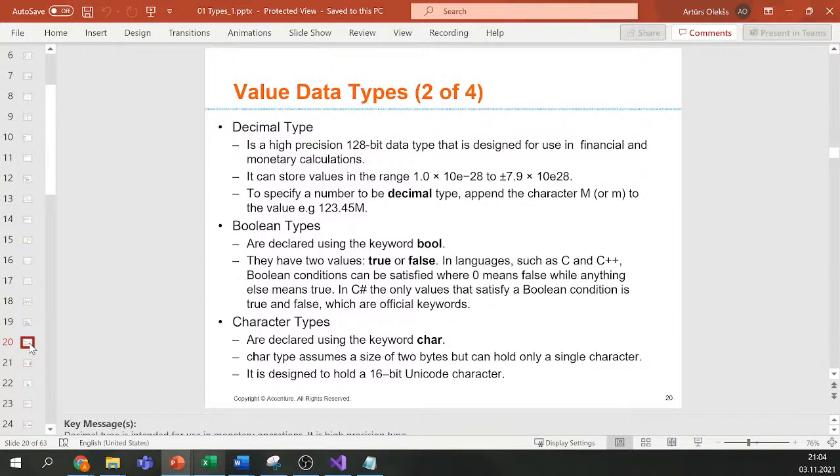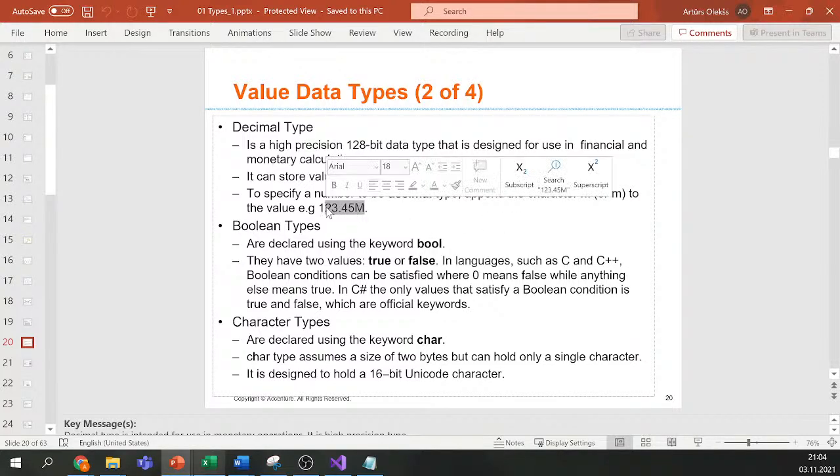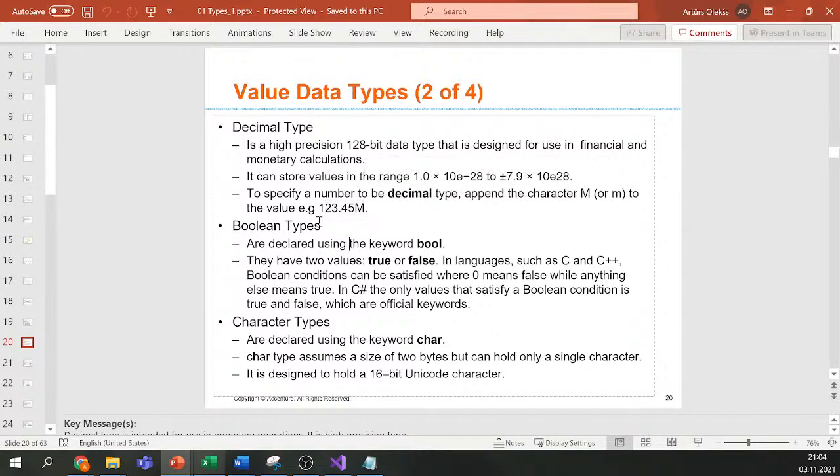So the decimal type, that's the high precision 128-bit data type. We mostly use it for financial and monetary calculations. It can store a very wide range of numbers, which I will not pronounce. To specify the decimal type, we need to append m at the end. So if we append m, it means that the value is a decimal number. So this is about the